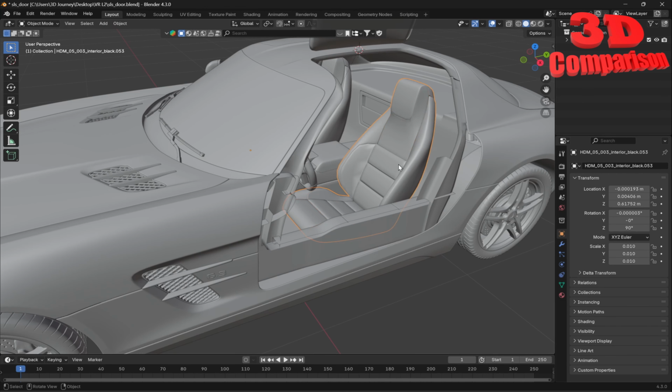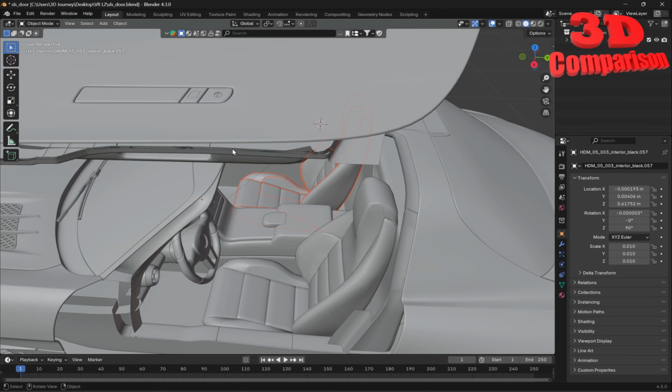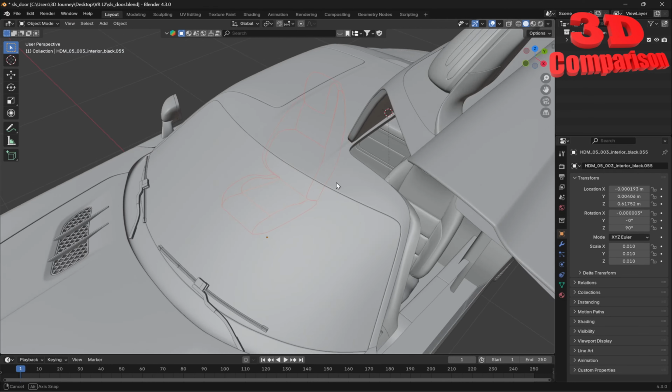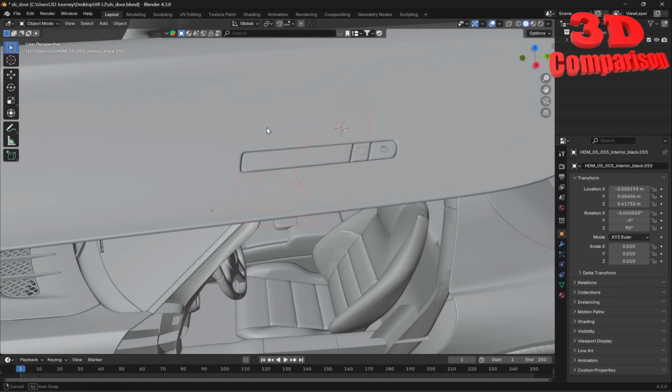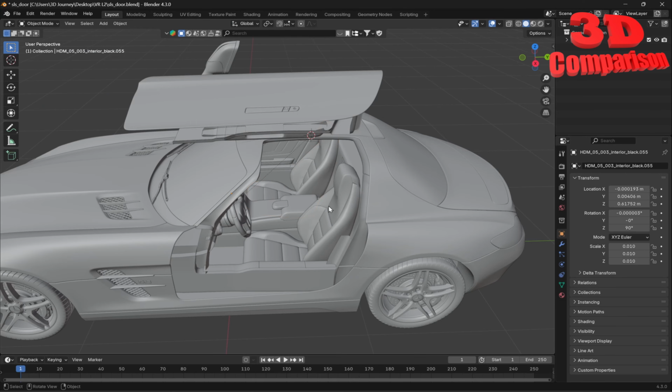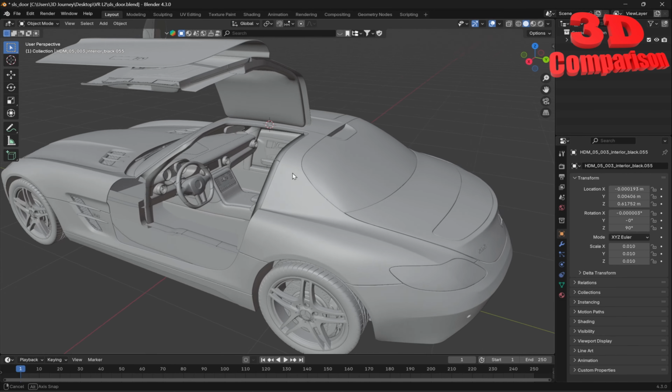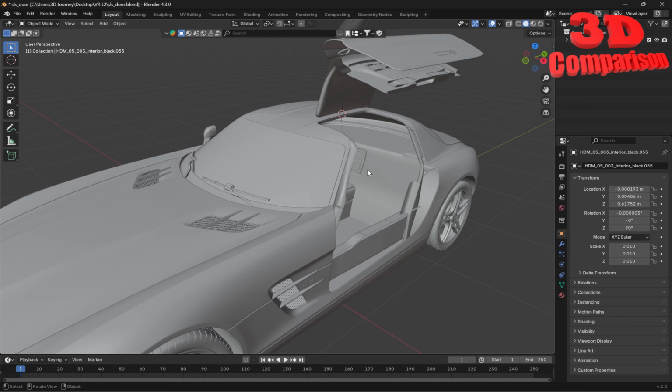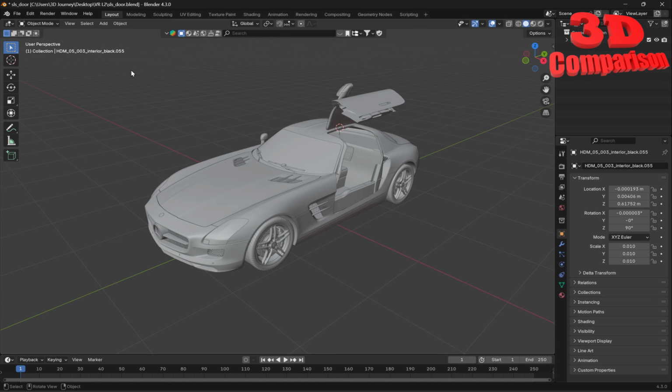So let's see, in this case I will just do this selection. I will press the comma button in order to zoom in within Blender, and now if I press G, I can see that I grab that, and those will be all the elements associated with the secondary chair, so I will join those together as well. Now, if I hide those, this will just give me the model of the car, and this will be